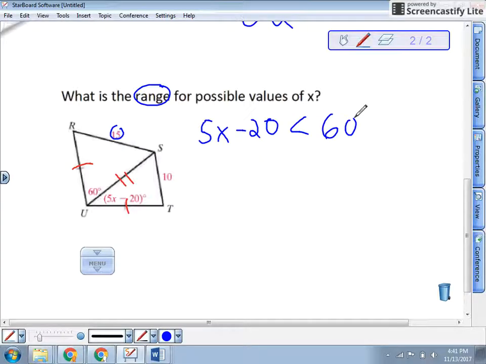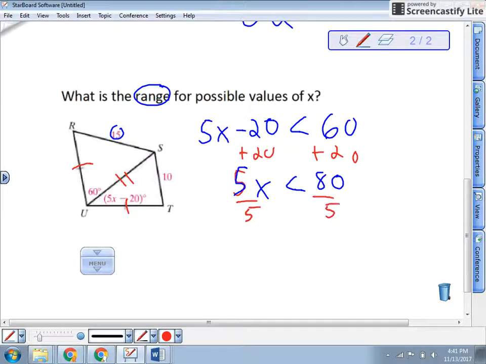Then we just solve for x. Let's add 20. So 5x is less than 80. Divide by 5. So x is less than